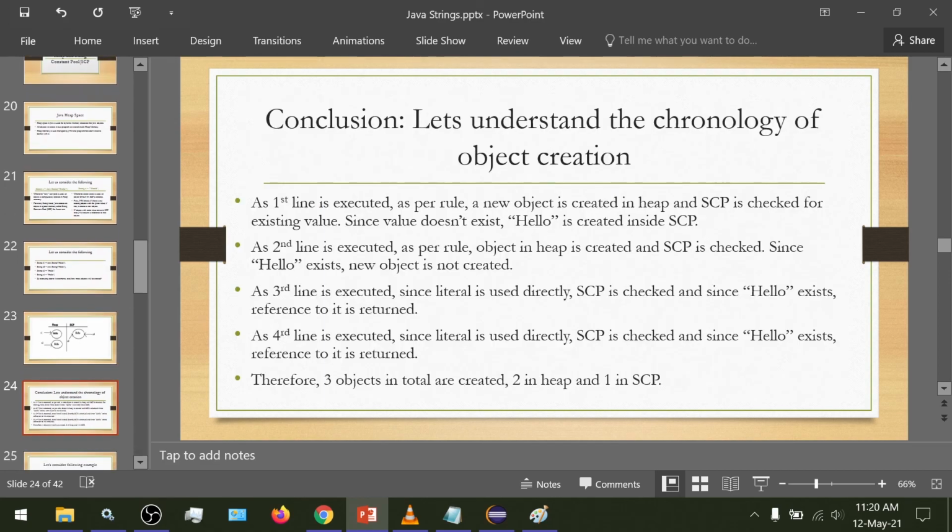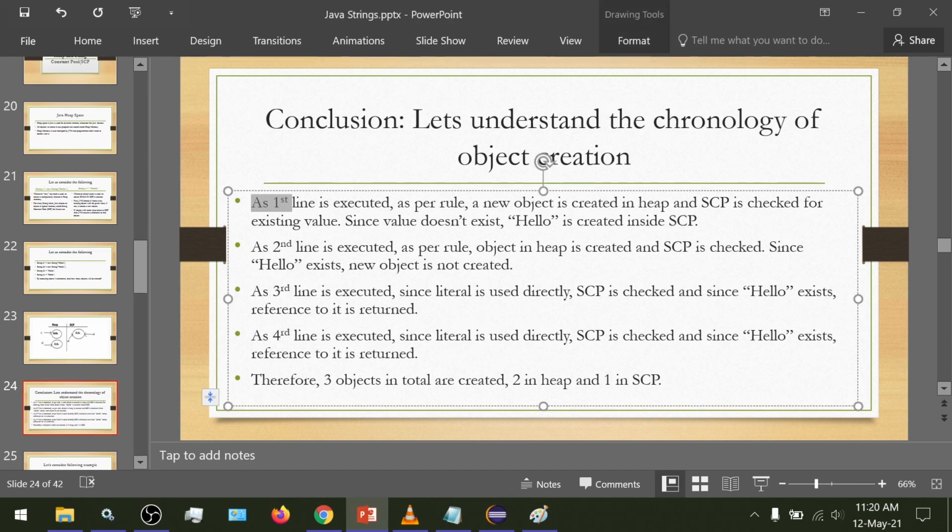So, the conclusion from the above example. You might want to pause here and read the conclusion in detail and also note it down. As line 1 is executed, as per the thumb rule, a new object will be created inside heap, and the SCP would be checked for an existing value. Since the value hello doesn't exist there, hello is created inside the SCP.